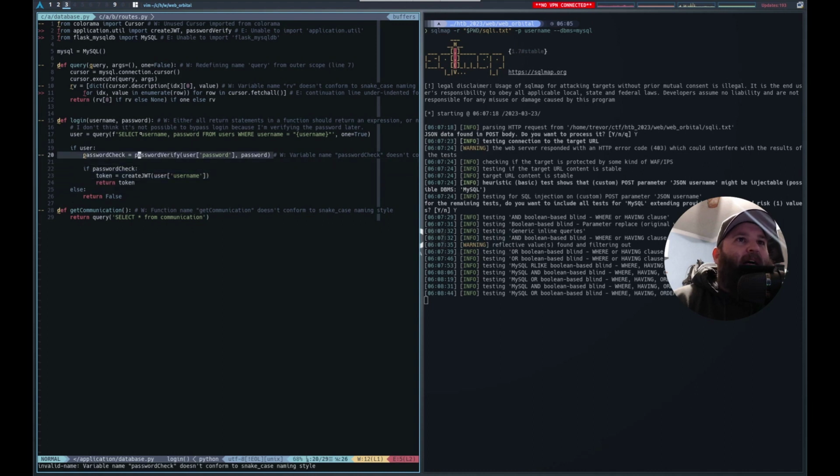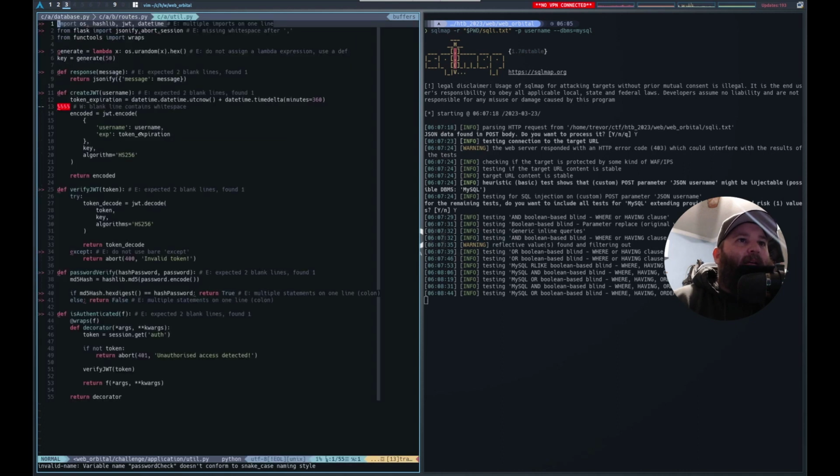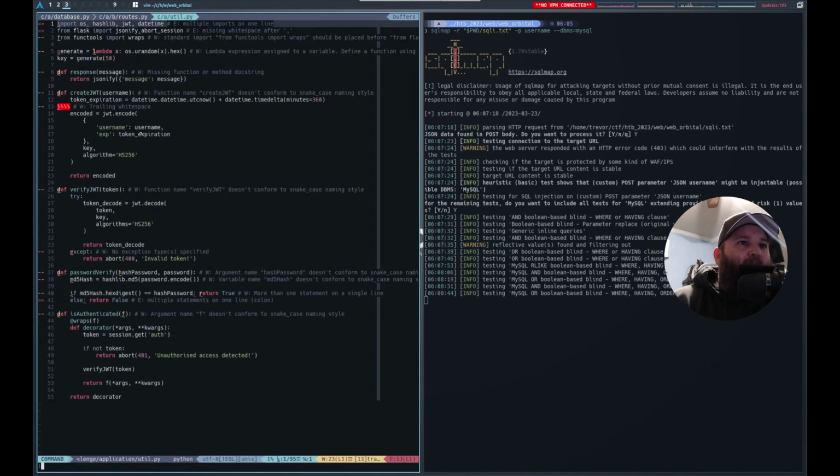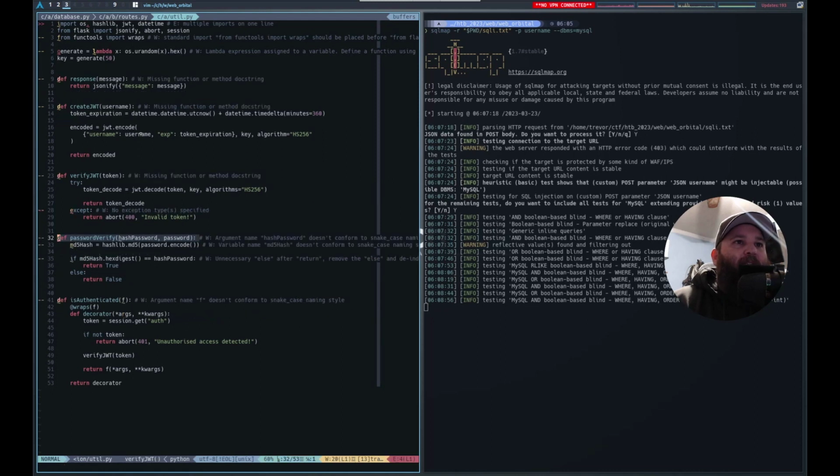Somewhere I saw utils, probably here. Yeah, password verify. Sorry, I know my screen's a mess, but password verify, I saw that the passwords are stored in the database